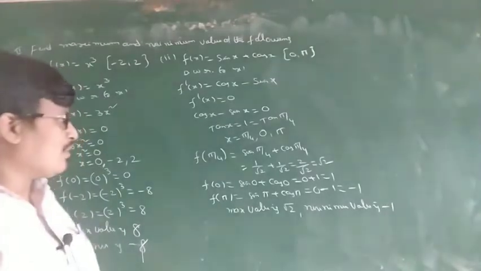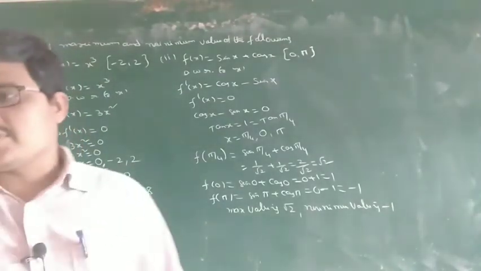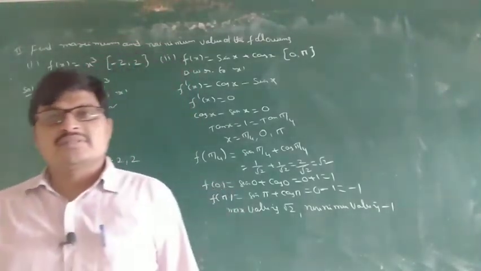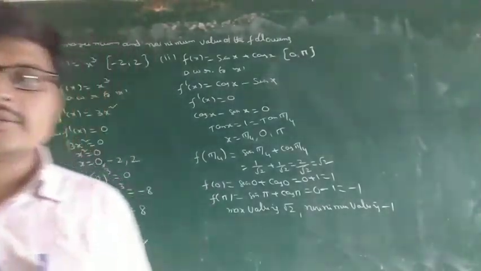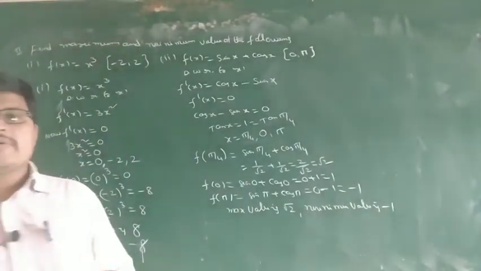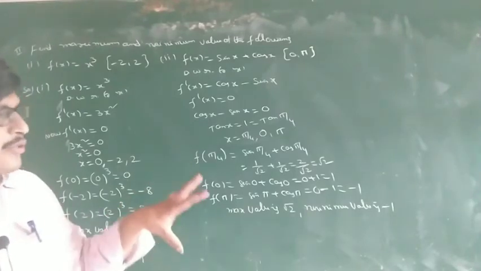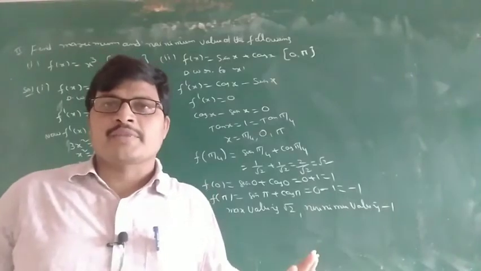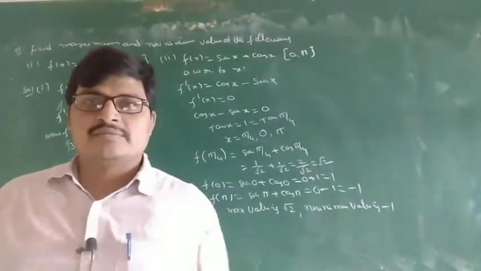So this is one of the models, there are so many models. This is a direct function. Next, some are asked indirectly, like company profit, company loss. In this type of problem, profit means what? Maximum. What is the profit or loss? So the same problem can be asked in different styles.